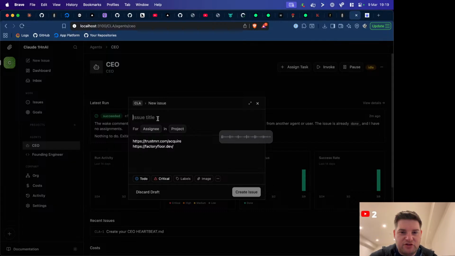Research business opportunities for our company. So the goal here is to look at these couple of websites. One of them is a website that has zero human companies as examples that are building in the open. The other one is a website that has various software products and businesses that reveal their revenue. Your goal is to do some research and come up with some business opportunities that we can create as an